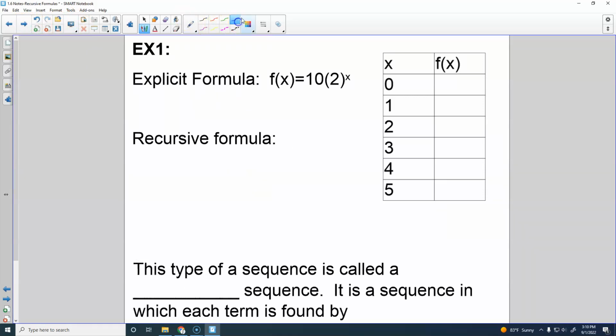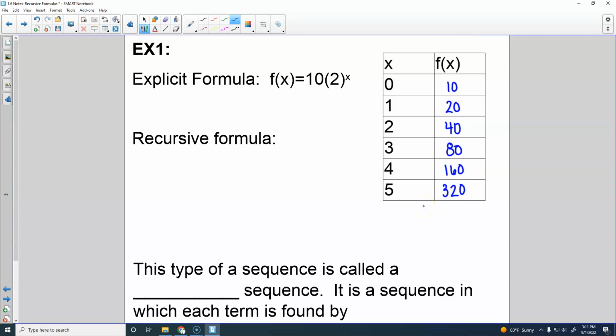I used f of x and x here at the beginning for this explicit formula just because it is the notation that we're most familiar with. So if I've got f of x equals 10 times 2 to the x, if I want to find a term for this formula, I just plug numbers in. So if I plug in 0, like it asks here, 10 times 2 to the 0 power would give me 10. And then I could do that with 1. 10 times 2 to the first power would give me 20. And then 10 times 2 to the second power would be 40. And just really quickly, I'm going to fill these in: 80, 160, and then